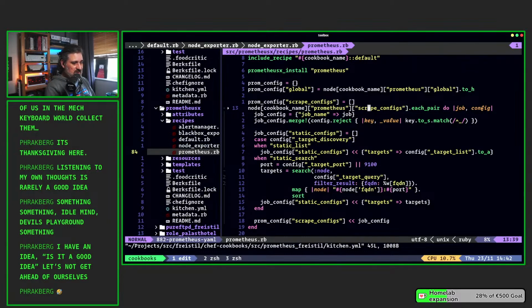And under Prometheus, I have a node attribute or a hash key named scrape configs. And here I go through scrape configs by key value pair. The key in this case is a job, and the job key has a value named config assigned, and config is definitely another hash. And the problem is,